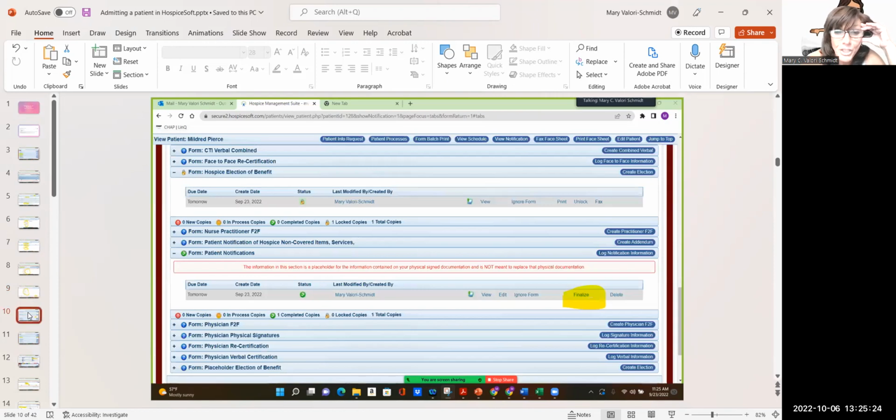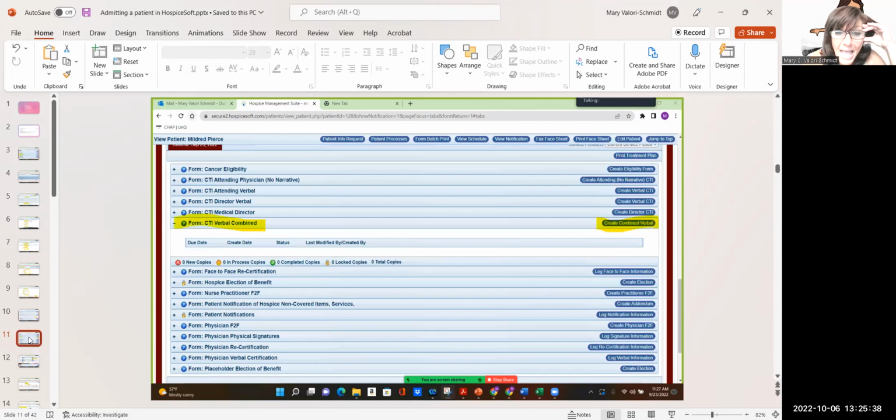And then under patient notifications, when you back out of it, you then go over here to finalize and click finalize, right? And that will turn that green check mark into a lock, meaning that form is completed, okay? And then the CTI verbal combine. What you need to do is click create combine verbal. And then what you will see,